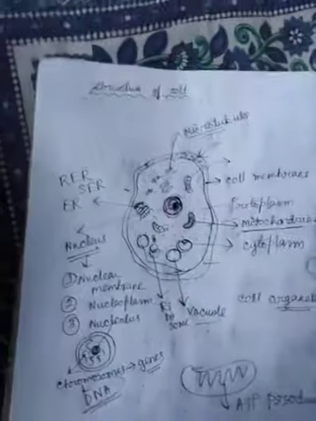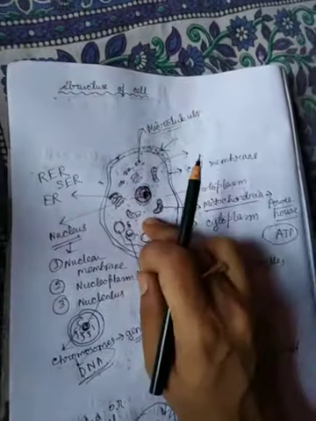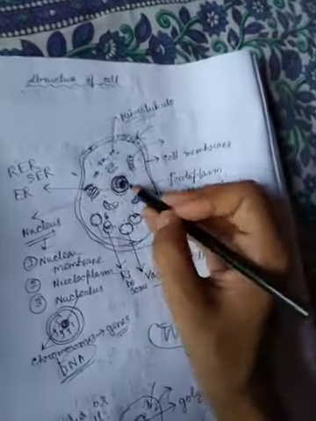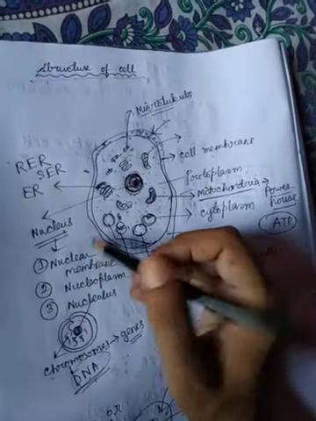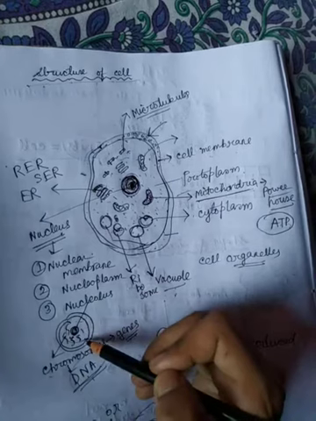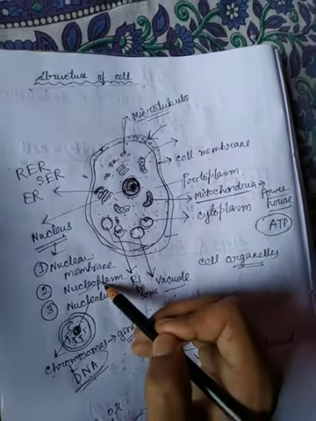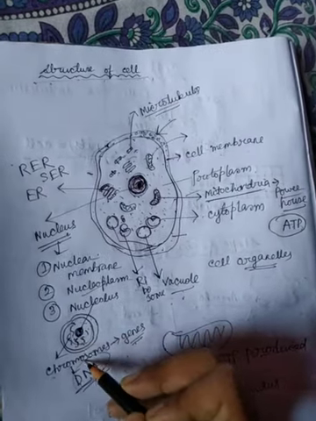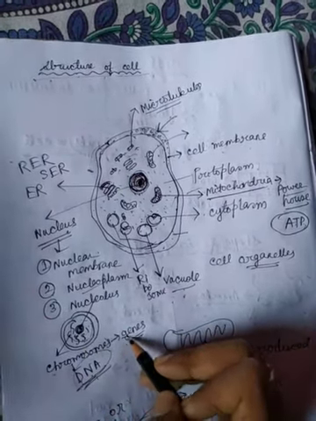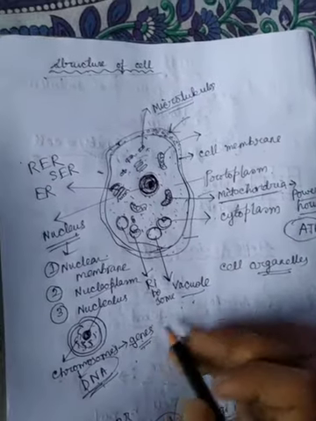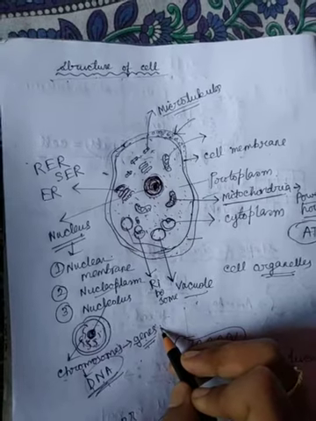So let me summarize once again. In the structure of the cell, the middle main portion is called protoplasm. In protoplasm, the spherical structure is called nucleus. Nucleus has a nuclear membrane, an outer nuclear membrane, an inner nucleolus, and inside there is a liquid which is called nucleoplasm. And there are also some chromosomes present. These chromosomes are made up of DNA, and the chromosomes carry genes, and the genes carry the hereditary characters from one generation to the next generation.